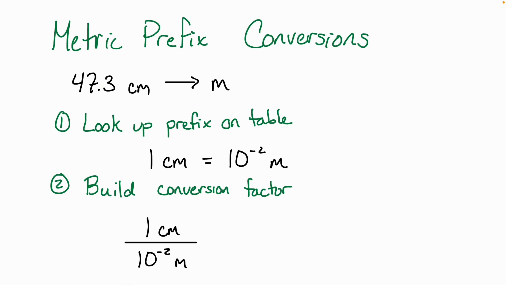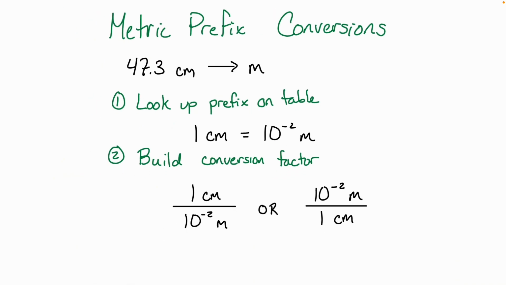All right. Now for every conversion factor, we can take it and we can flip it upside down as well. So 10 to the negative 2 meters over 1 centimeter. All right, and we can always do this for these conversion factors. I just take it and flip it. Which one I'm going to use is going to depend on my problem. So the last step here is we're going to multiply